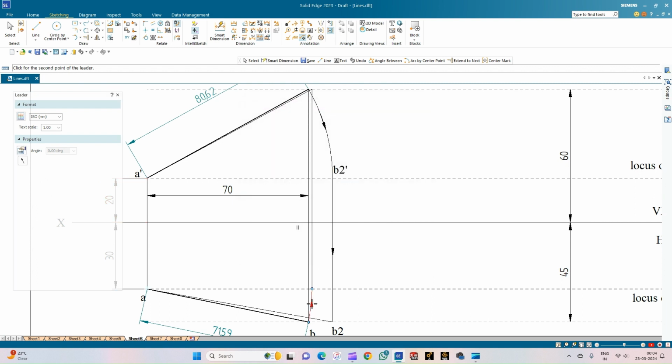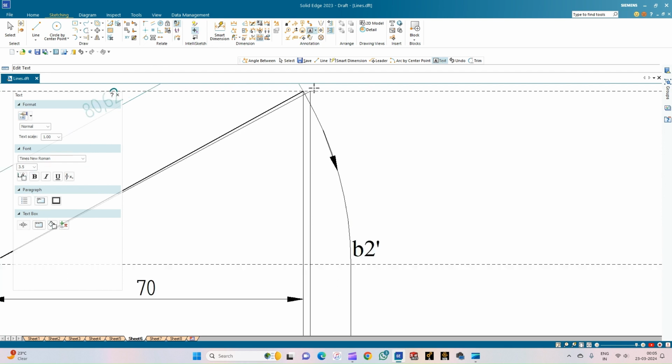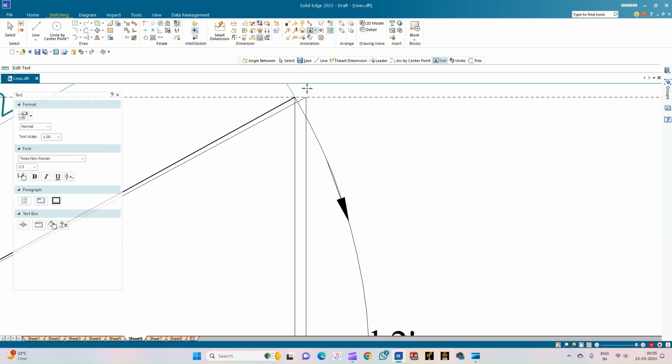So this is the direction in which the projector was drawn, correct? Okay. So now what we can do here is we will first annotate the lines. So this is B and this is B2. And what is this point? This point is the top view of the point B1, correct? And then this was B1, the front view of the point B1. So this is point B1